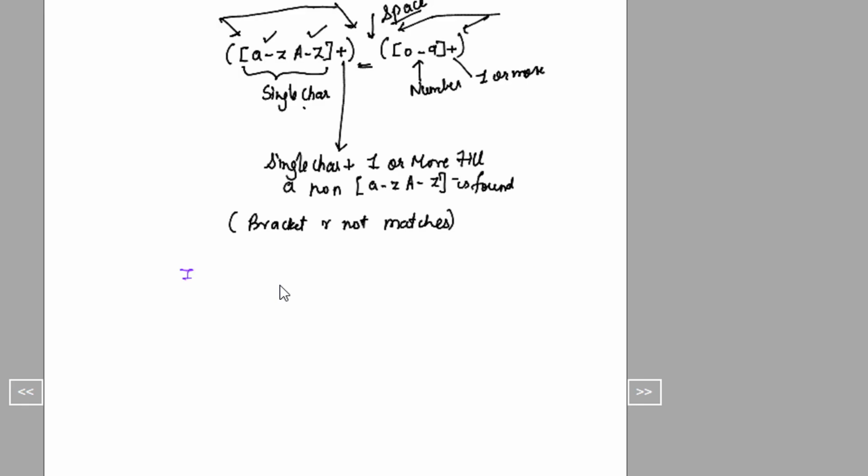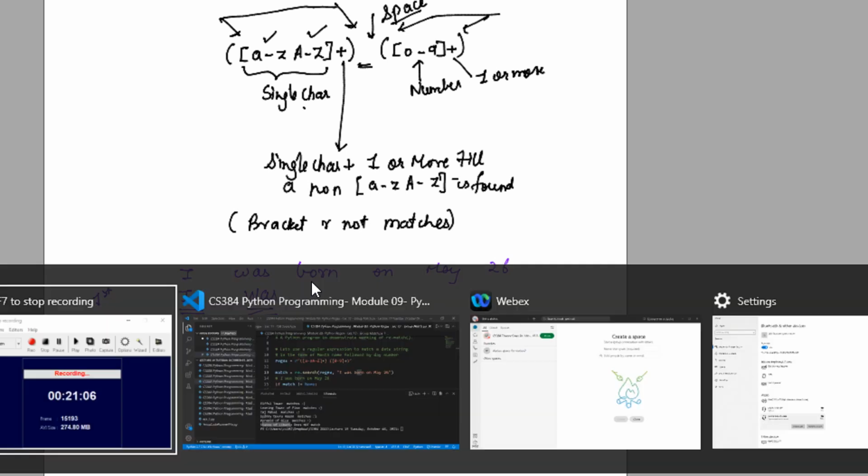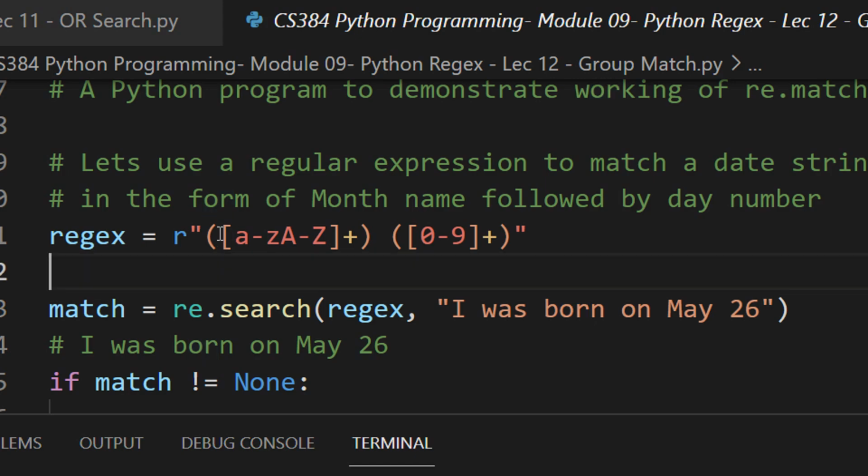In the first iteration I take two words. I match for this pattern because in this bracket is the first expression, and in the next bracket I have the next expression.